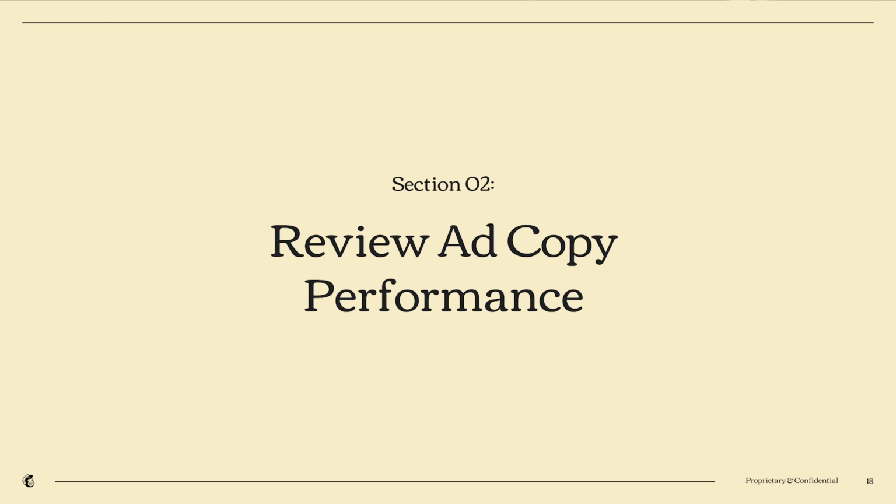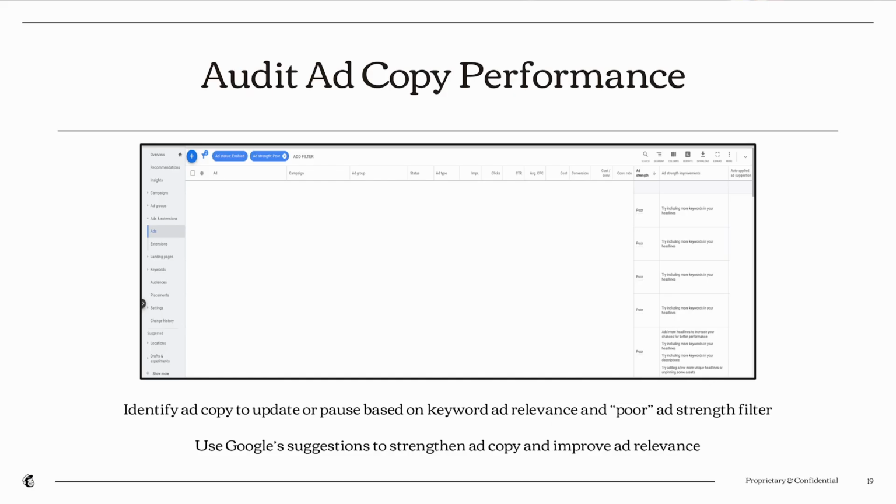With that, we'll move over to ad copy. So here we're back in the Google UI, and I'm looking to filter out for my poor performing keywords based on ad strength. Ad strength is a column that you can add in. And then I'm also looking at the recommendations that Google provides based on those poor ad strengths. This is a great way for Google to direct you on how you can solve issues that are happening within your current ad copy. I tend to filter for poor just because I like to see where I'm currently bleeding so I can take quick action. If you want to look at all of your ad copy, you're more than welcome to do that as well, but I definitely recommend figuring out where you can maybe start from and then work your way back.